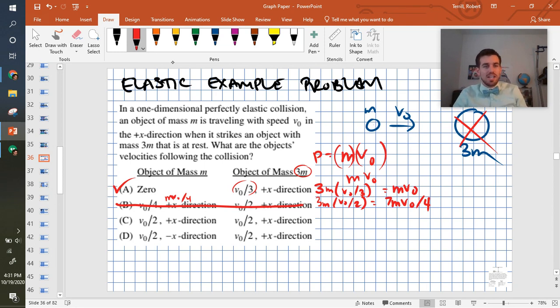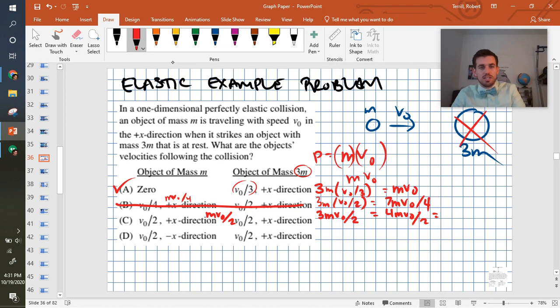Our next one, v naught over 2 plus x and v naught over 2 also plus x. This one here, for this part here, would be m v naught over 2. And for the other mass, it would be 3m v naught over 2. So if I add those together, that's m v naught over 2 plus 3m v naught over 2. That's 4m v naught over 2, which is equal to,